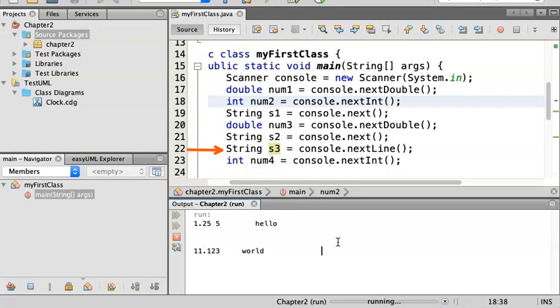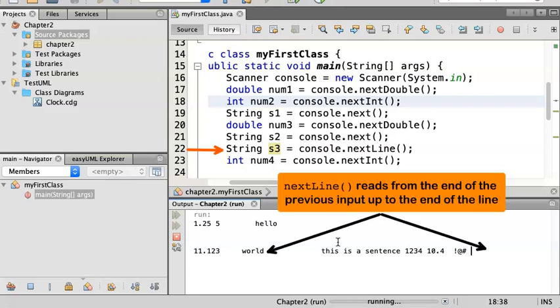Now, the enter character, when I hit enter, that matters. That will be read as a line, okay? So I'm not gonna hit enter, I'm gonna type something here. For example, this is a sentence, 1, 2, 3, 4, 10.5, 10.4, it doesn't matter. I could put numbers, characters, special characters, everything, and also all the spaces in between will be read up to the point where I hit enter,